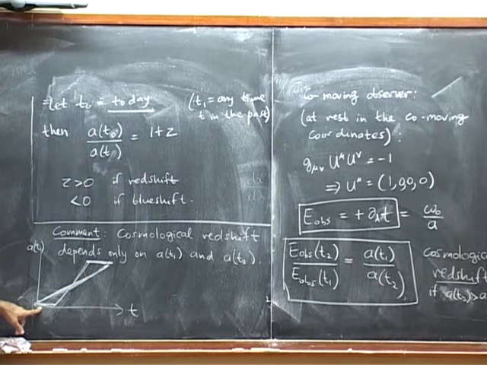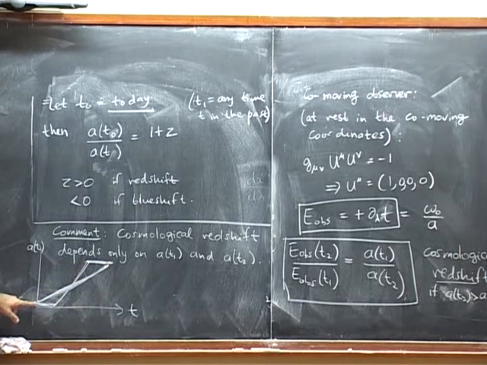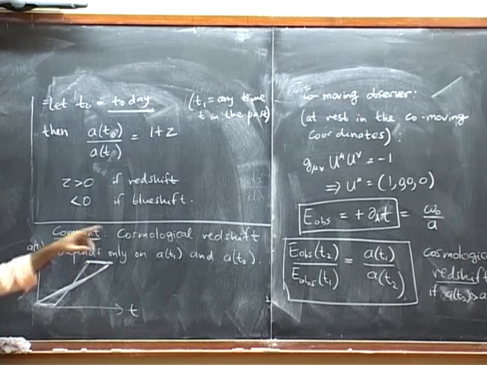So this path can be any arbitrary path, but notice the interesting thing about this new path which I am proposing. In this new path, at the time of emission of the signal, the universe was static, wasn't expanding. At the time we detect the signal, the universe is again not expanding. Okay, but still there is a redshift.